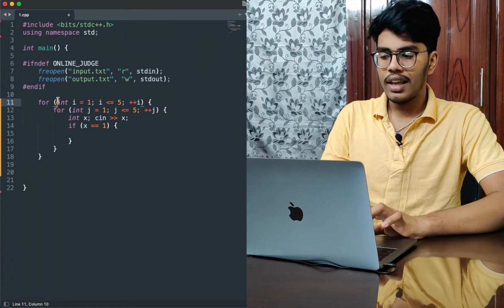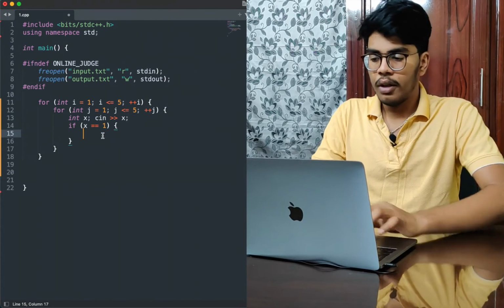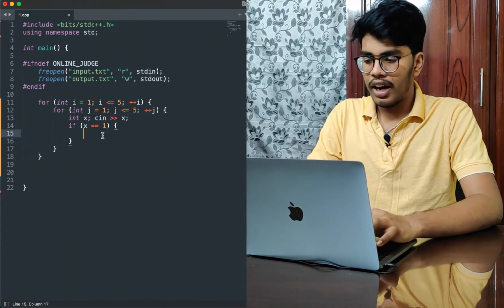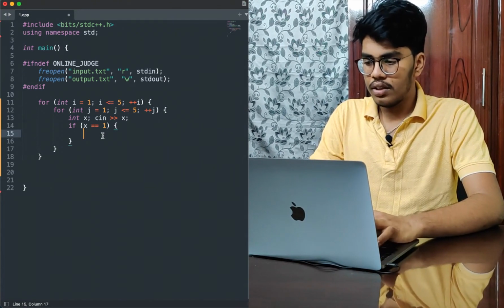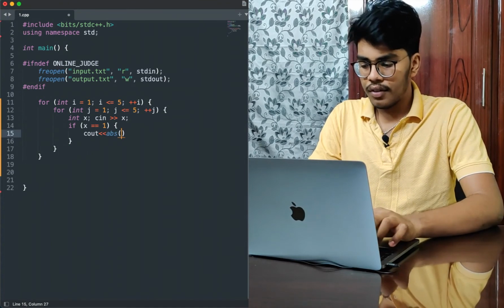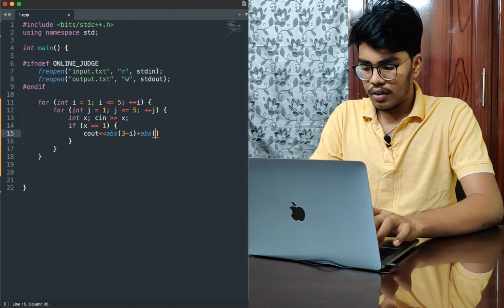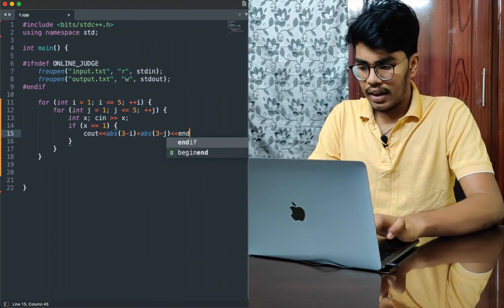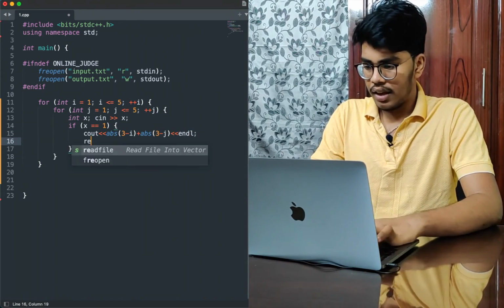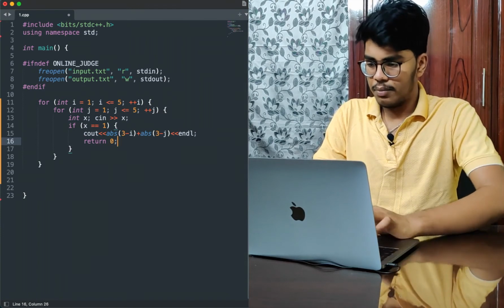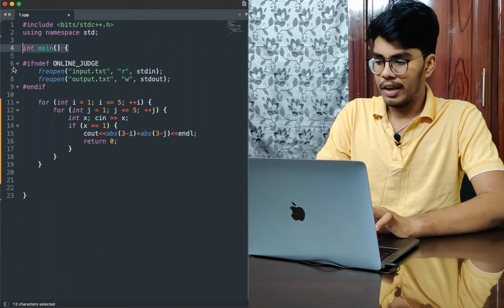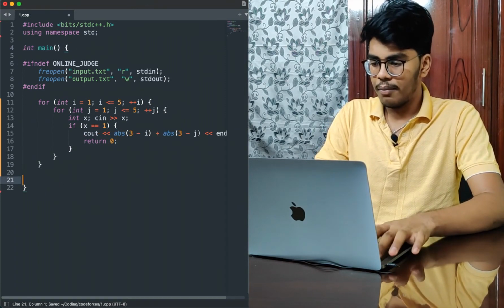I know my i and my j since we are in the loop. So I'll print the absolute of 3 minus i plus the absolute of 3 minus j and endl, and then return 0, because that will return from the int main function, and this will run perfectly fine.